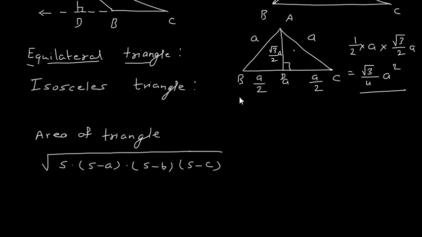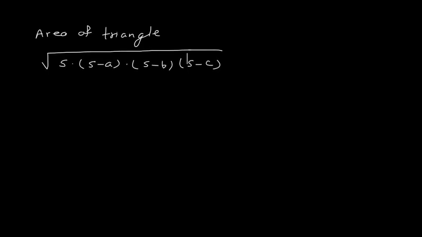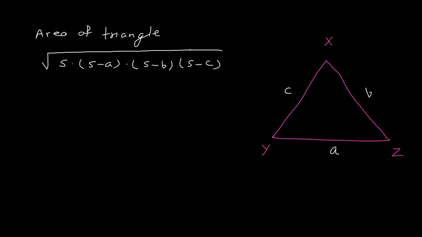Now let us see what is meant by S, and what are A, B and C. A, B and C are the three sides of the triangle. Suppose you have a triangle like this, whatever name, say it is XYZ, then its three sides we denote with the symbols A, B and C. So A, B, C are just symbols to represent the lengths of the three sides. You can take any other alphabet, but I prefer to use ABC as given in the textbook. So ABC is the length of each side of the triangle.